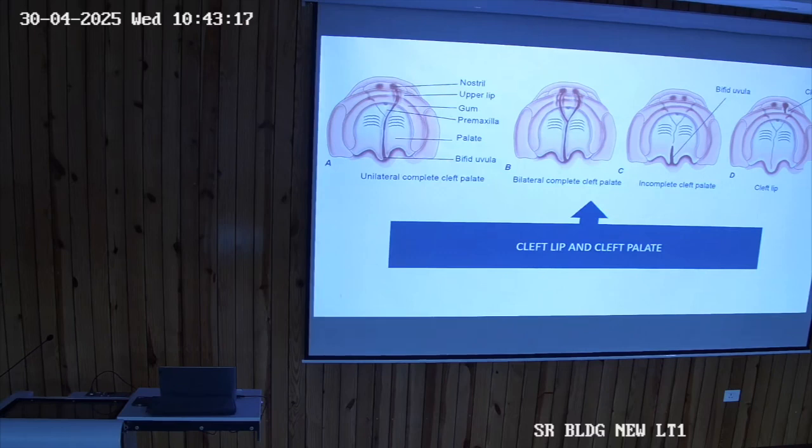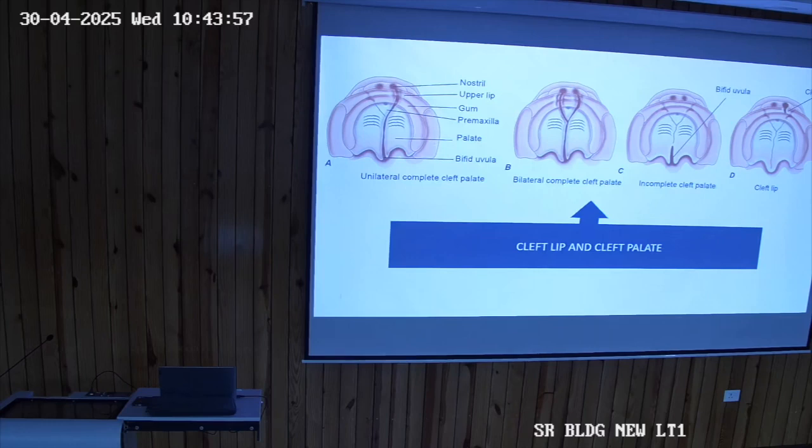So in the first picture we have a complete cleft palate. Complete cleft palate, and that too only on one side, so that is a unilateral complete cleft palate. So there is, we are on this left side, okay. So there is non-fusion of the left medial nasal process with the maxillary process, because the lateral part is formed by the fusion of the maxillary process with the medial nasal process. So we have non-fusion of the medial nasal process with the maxillary process. ठीक है? So there is cleft lip here.